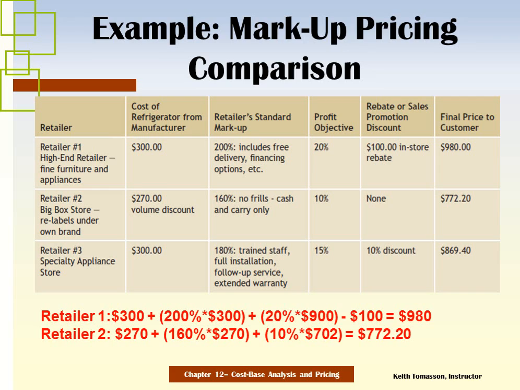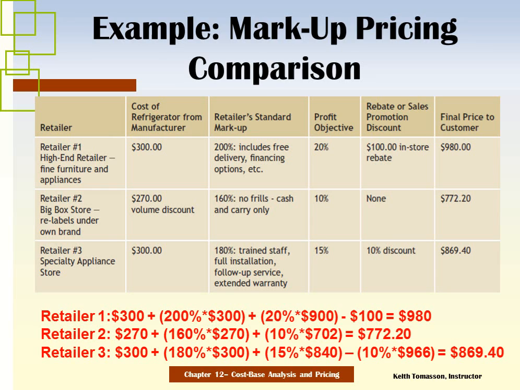at the second retailer. The third retailer is a specialty appliance store, and it buys the product from the manufacturer, again, for $300. It has a policy of having a standard markup of 180%. They've got trained staff. They offer full installation, follow-up service, extended warranty. So they do offer some other benefits, and they have a standard markup of